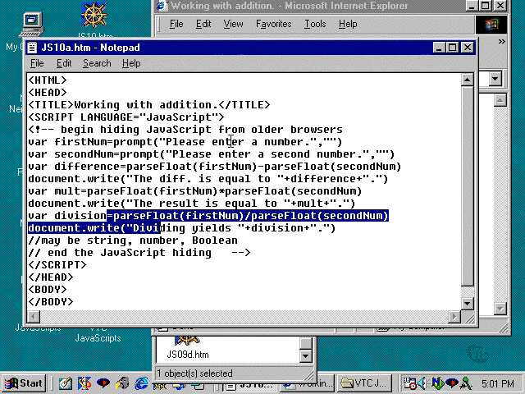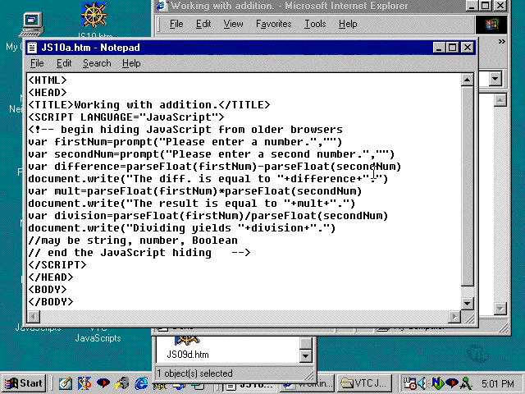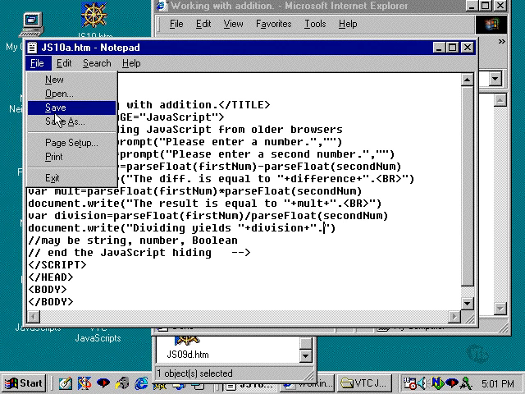So when we do this, we really need to add in at least break tags in here. And again, you can use paragraph tags if you want. But basically, the break tag is the easiest. And I'll just take that information I've copied here after difference, copy that, and then I'm going to paste it here, and then also here for both multiplication and division. Okay, although it's not necessary here because it's the last line on the page, so I can just take that back out. And I'm going to save this as